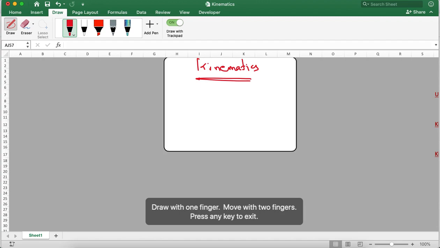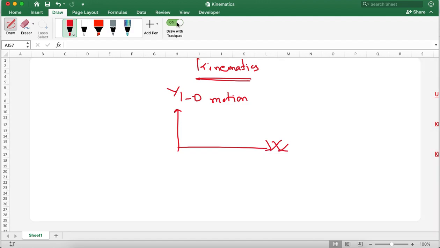As you all know, kinematics is a branch of physics which explains the motion of objects without referring to the cause of its motion. More appropriately, kinematics can also be described as one dimensional motion, which means kinematics explains the motion of objects which travel along the x-axis or y-axis. So these two types of motions can be explained by using kinematics.